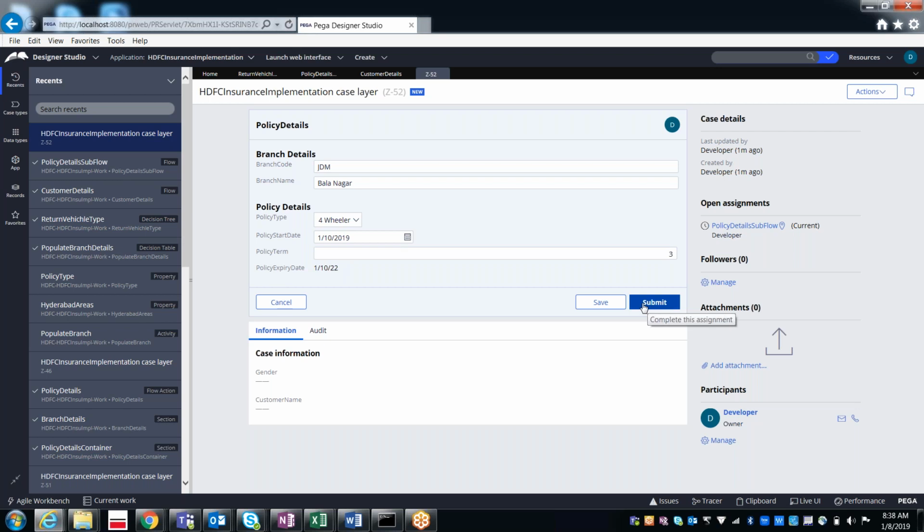What will be the next flow action which it is going to display? The next flow action, Customer details.